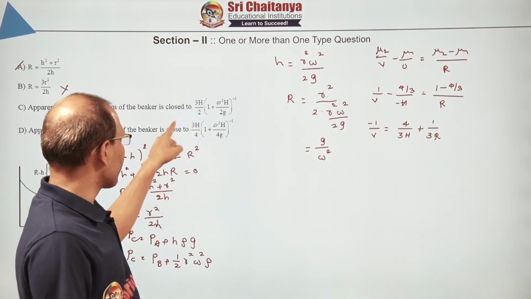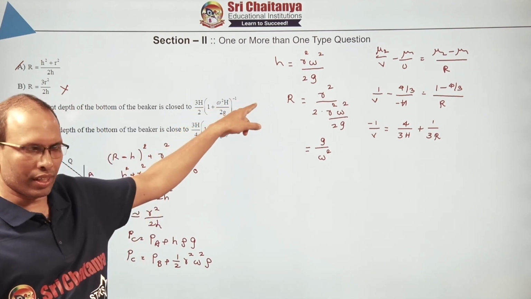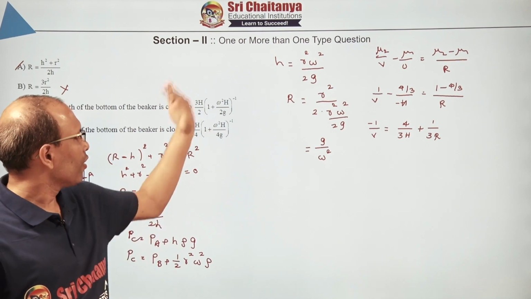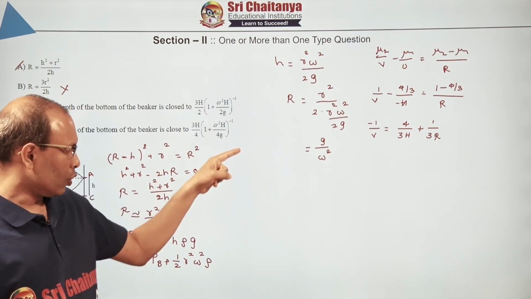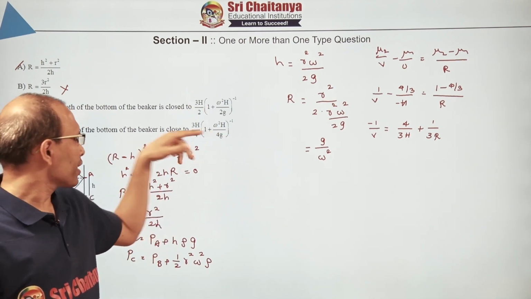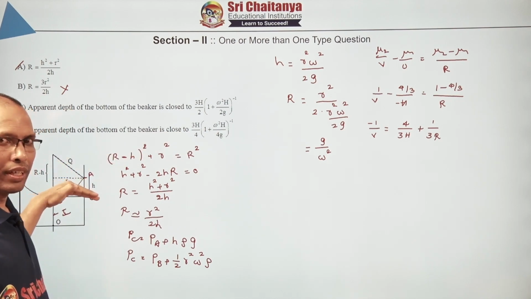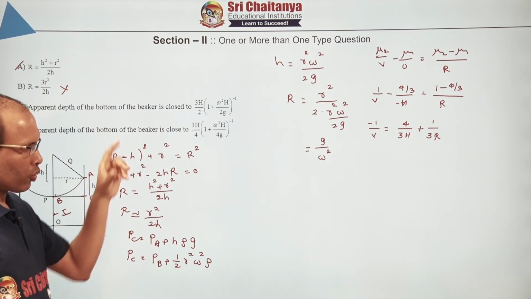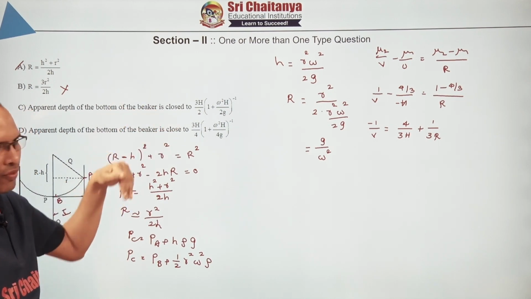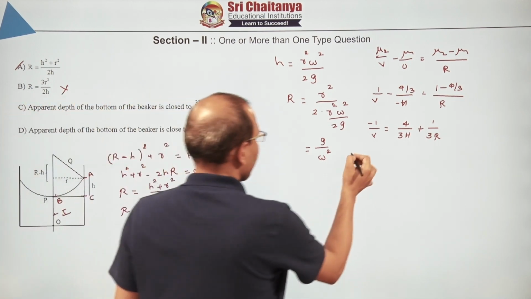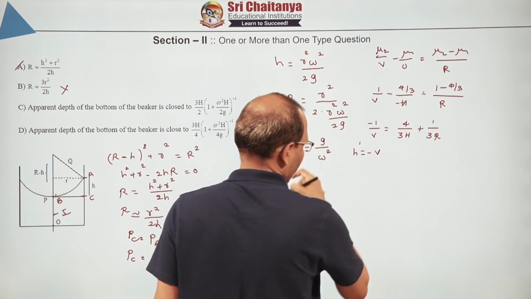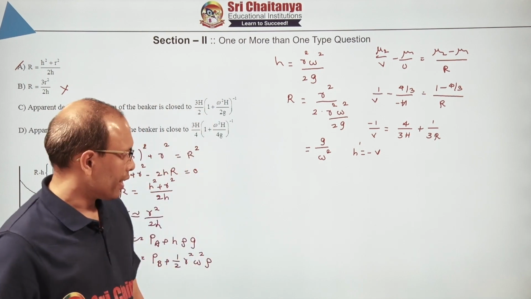Now if you look at the options, in all these options power minus 1 is there. So let us calculate the powers directly like this. 1 by V value we will calculate. Finally we will shift it up. So minus is coming because it indicates that the image is formed below the reference line. So that's why it is showing as negative. So that's what we want as H dash, which is below the reference line only. So the apparent depth is nothing but H dash, which is nothing but minus V here. So we want to find that value.